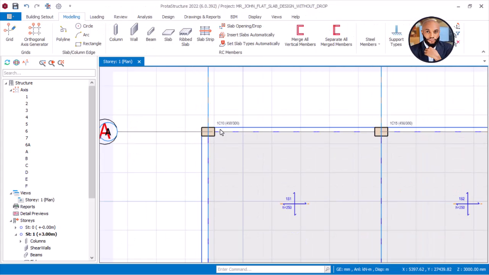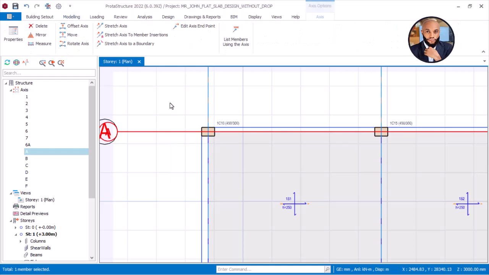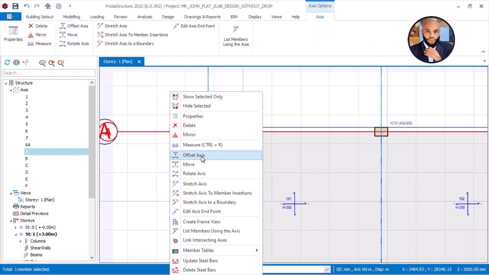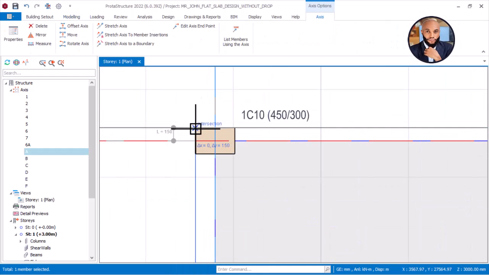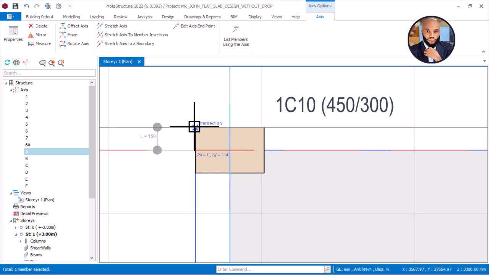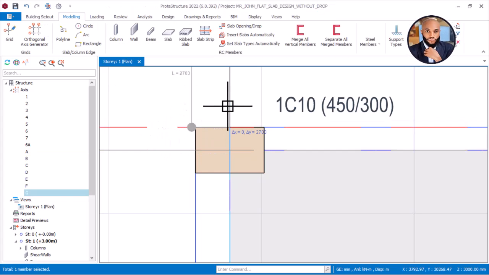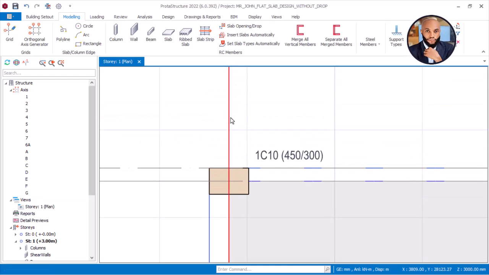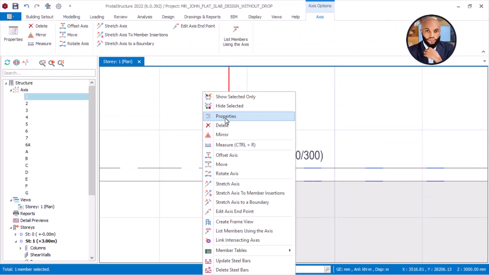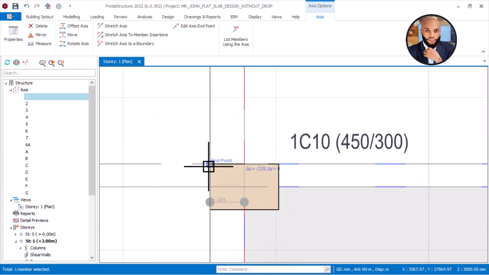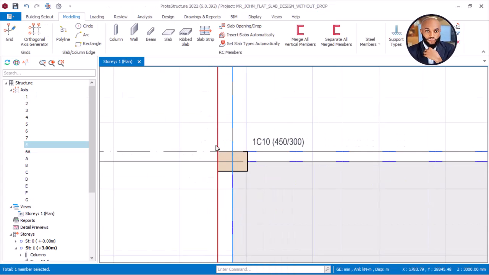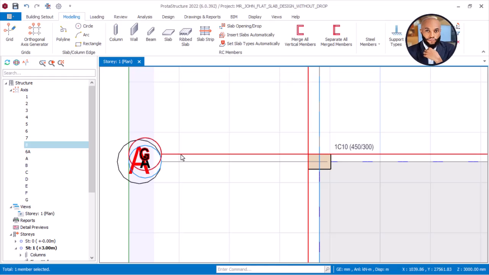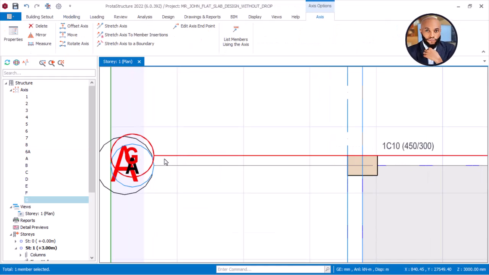So by doing that right now, I'll just come here, click on this, right click on this grid line, offset it, and then come here and place directly at the edge of the column here, which is at 150. Okay, also from here right now, click on this other one now, click on this one, right click here, and then offset to this face here at 152.25 also. That's fine. Then right now we have to now convert this axis, this one right now, to